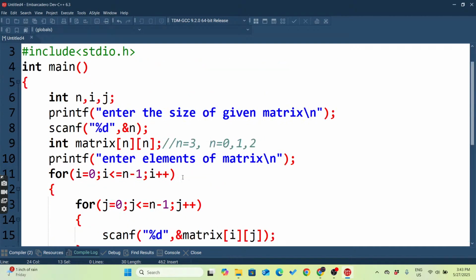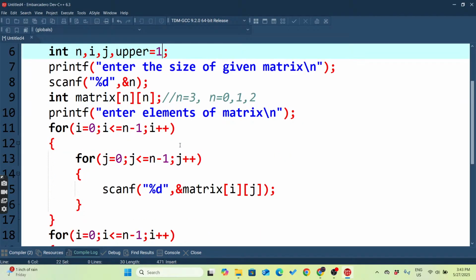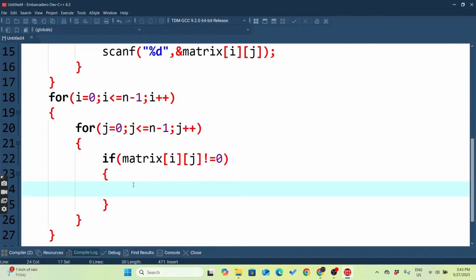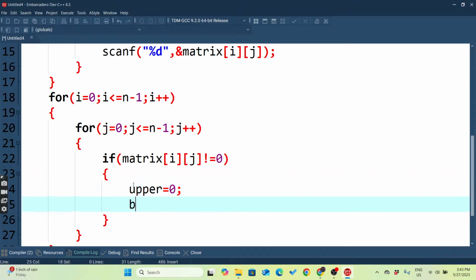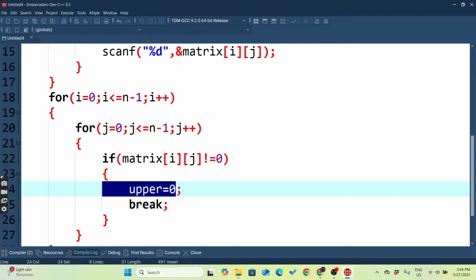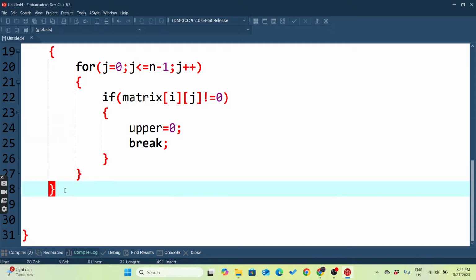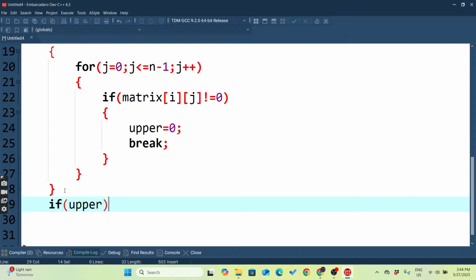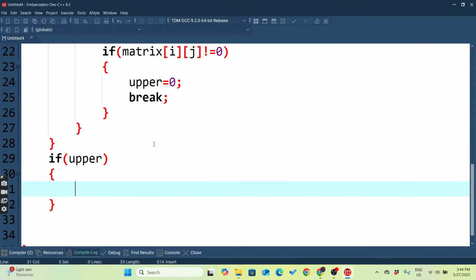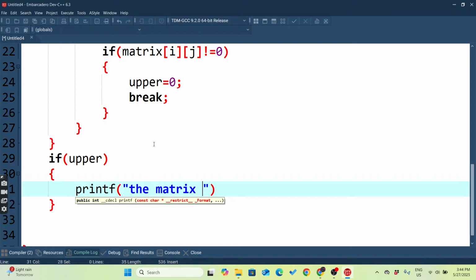not equal to 0. Let's put a flag here. Upper equals 1. Yes, if the condition is true, then what happens? We have to change the value. Upper equals 0, break. Yes, if it is not 0, then just put upper as 0 and break. We can also exchange the values 0 or 1, it doesn't matter. So whichever we want, we can use easily. Now if upper, then printf the matrix is upper triangular,